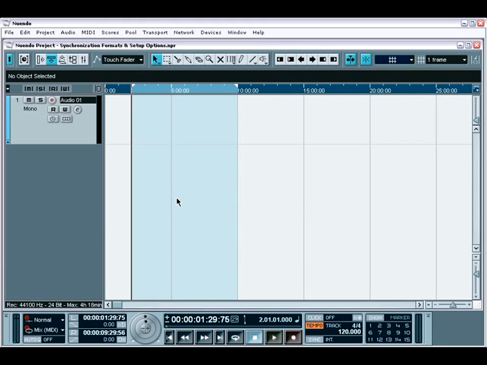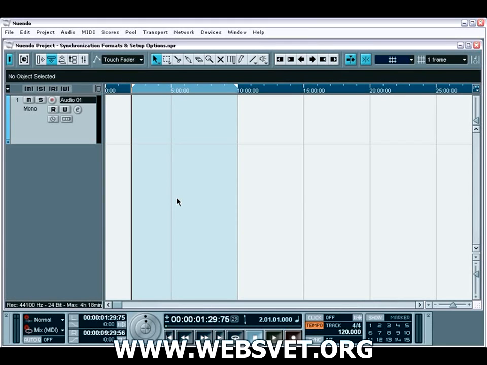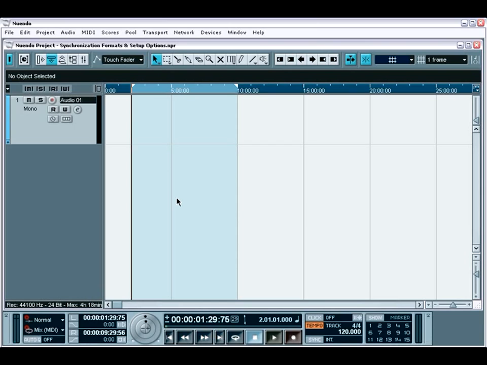Nuendo external synchronization features offer you various ways to integrate Nuendo with the digital world around us. Its extensive support for all the major formats makes Nuendo an excellent contender when it comes time to work with other devices and playback units. In this movie tutorial, we'll cover the synchronization formats supported by Nuendo, and we'll also learn the basics behind Nuendo's